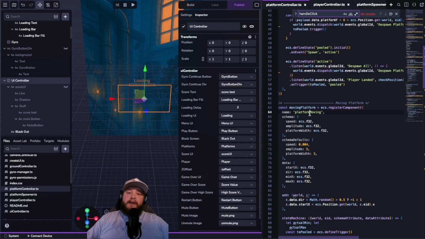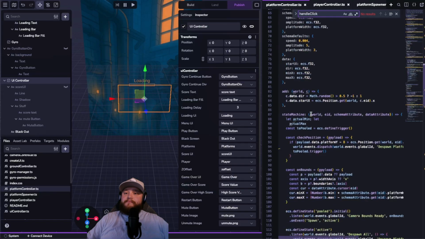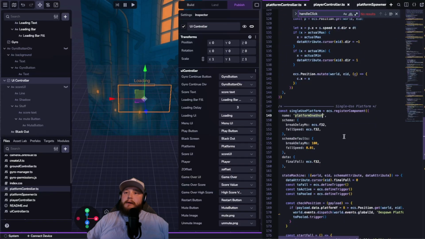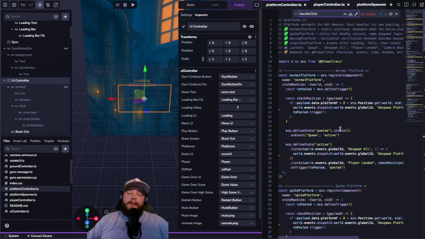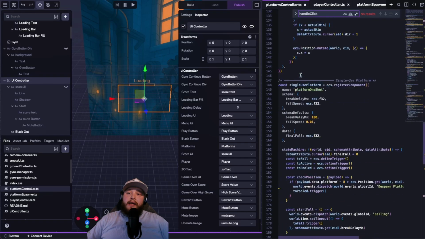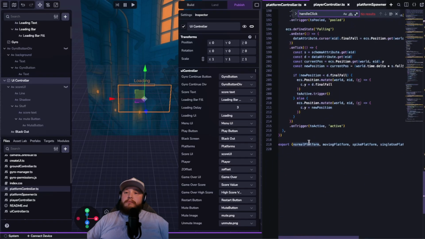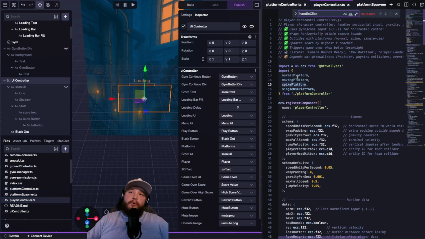The moving platforms move side to side. And then the platform one-shots, whenever you land on top of it, it falls off the screen so you can't keep bouncing on it. You can see here I'm actually doing this a little bit different. I'm using a variable and registering the component to the variable right here, and then exporting this variable in this script. And I do this because inside of our player controller, we are importing in those values,